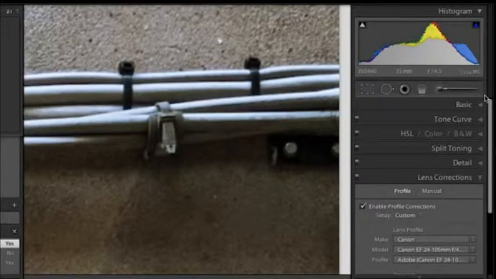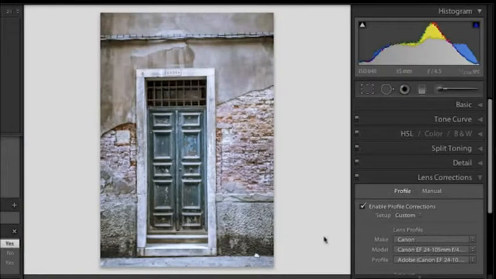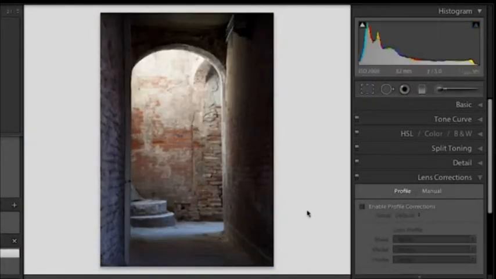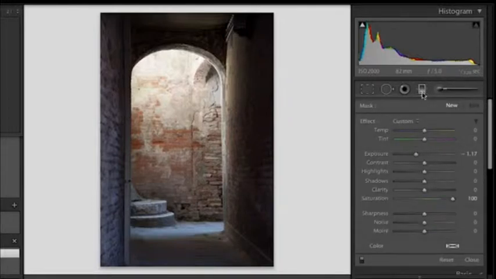But that's not all. Let's also take a look at our selective adjustments. Now I'm going to zoom back out here and move over to this image right here. We have two different ways to make selective adjustments in Lightroom. We have the graduated filter and we have the adjustment brush. And if we select the graduated filter or the adjustment brush, it doesn't matter which one, you'll notice that all of the settings that we can load the brush or the graduated filter with are going to be the same for both tools. But what else is important to notice is, look, we can now make selective adjustments that change